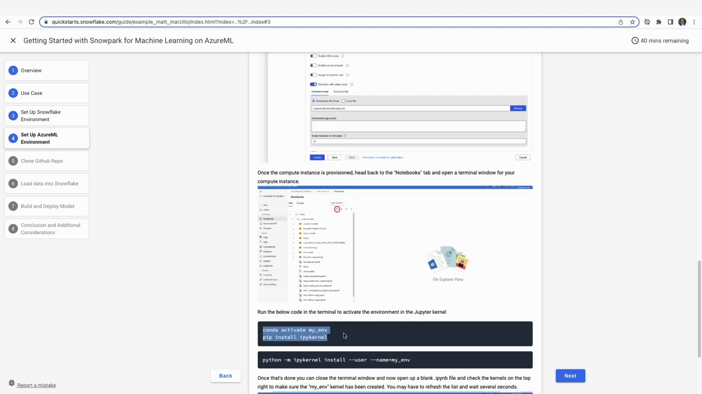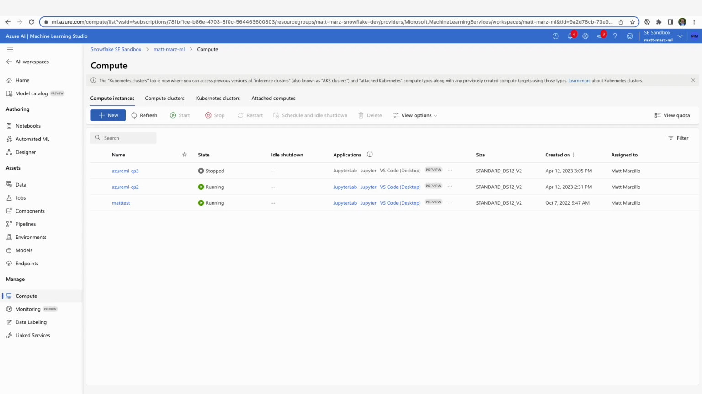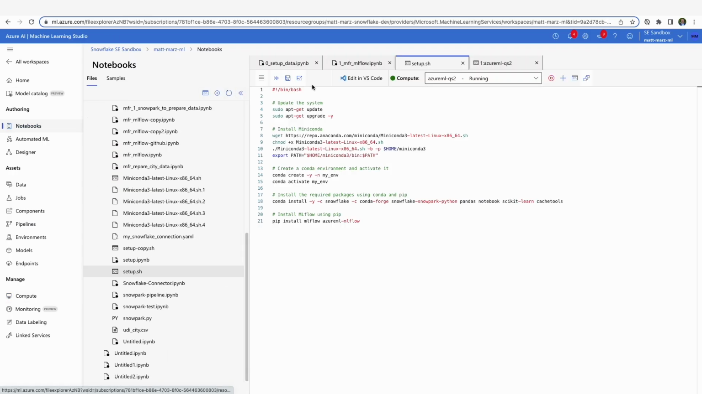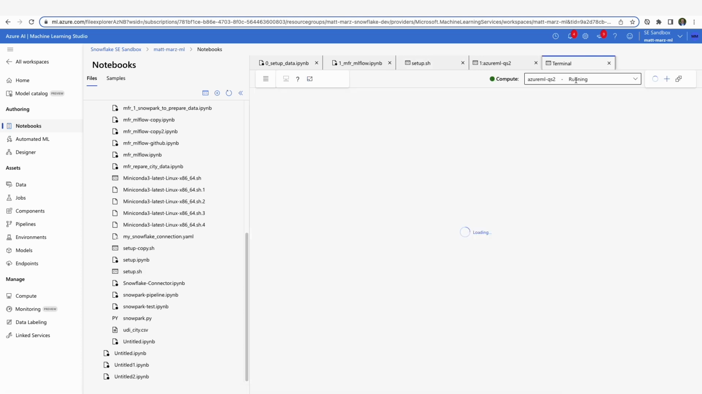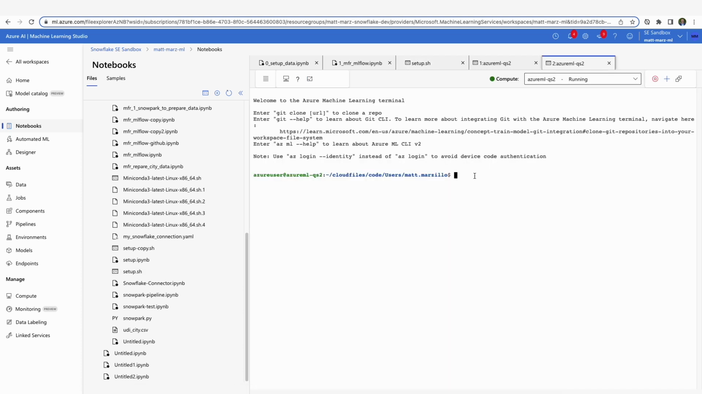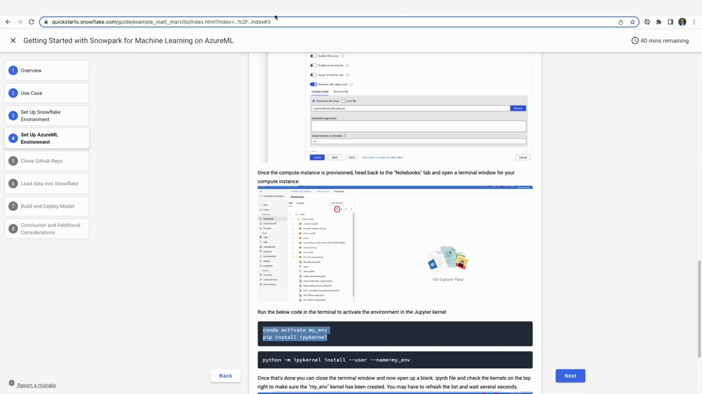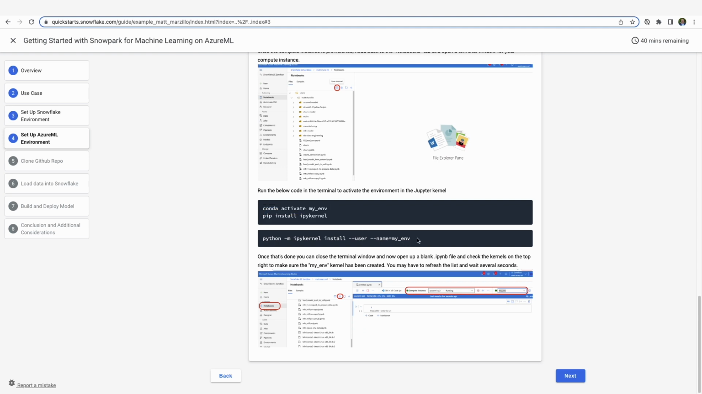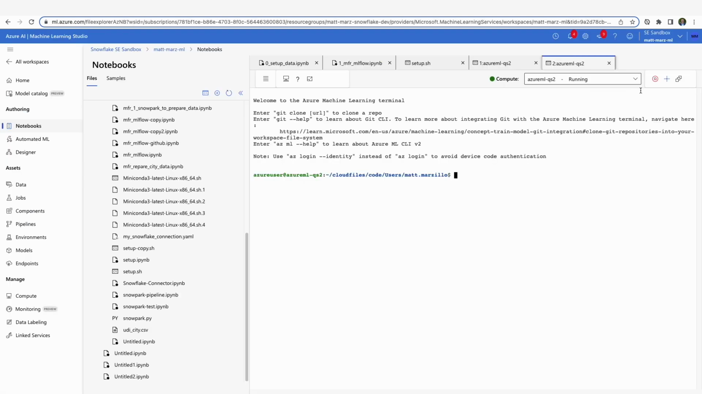So what you'll do is you'll first copy and paste this code, come over to the Azure ML notebook environment, click on Open Terminal, go ahead and paste that code here, and activate that environment. And then you'll come back to the quick start and then install that environment. And that may take a couple of seconds. What you'll see is you'll have that environment, and we just named it My Environment, available to you right within